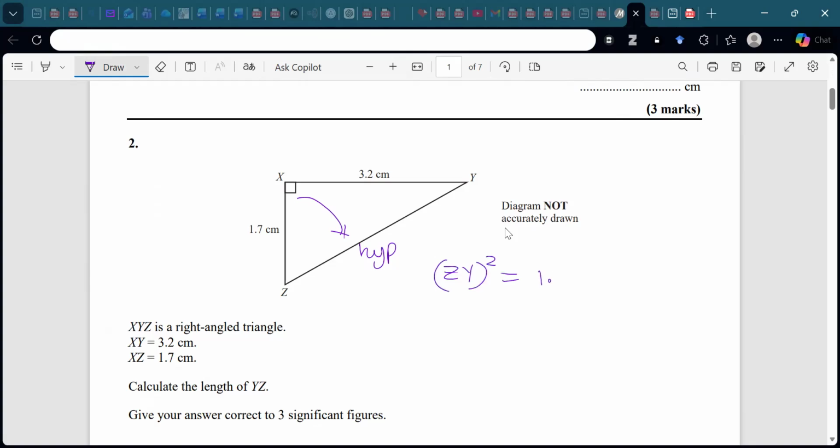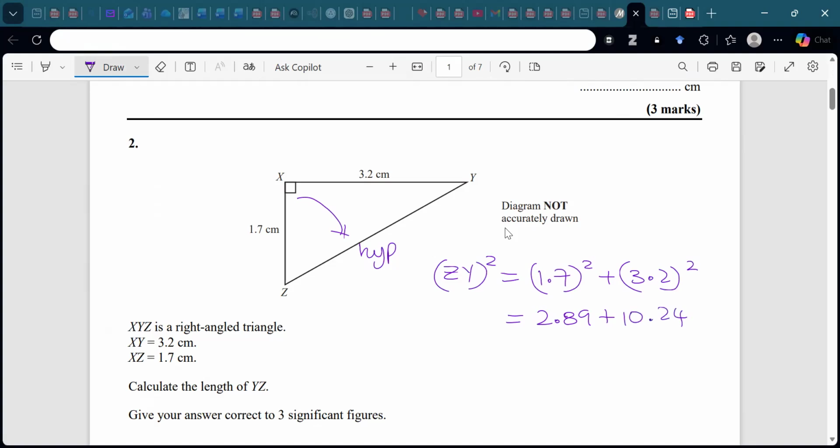Side 1, we can say it's 1.7 squared plus side 2 is 3.2 squared. All right, so 1.7 squared, that's going to give us 2.89 plus 3.2 squared, that's going to give us